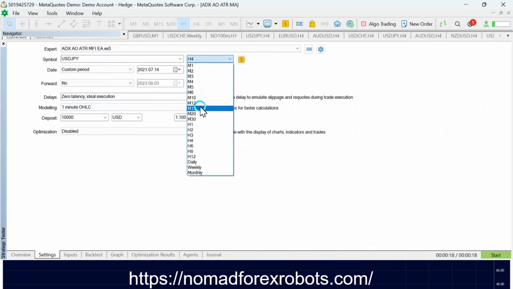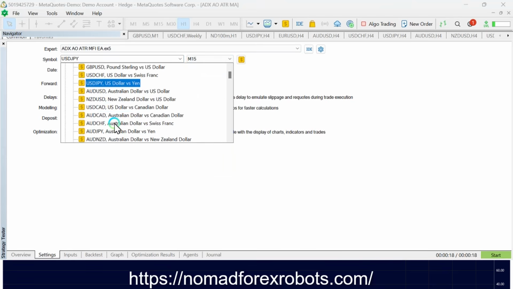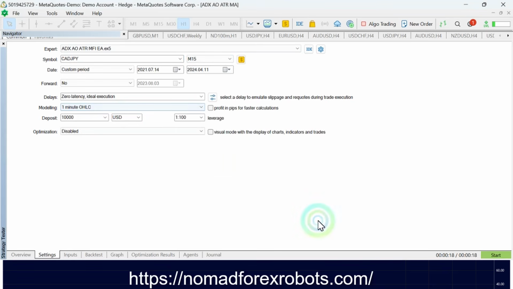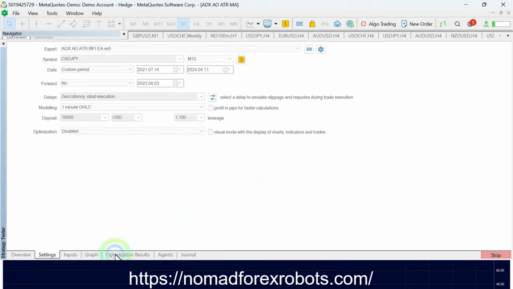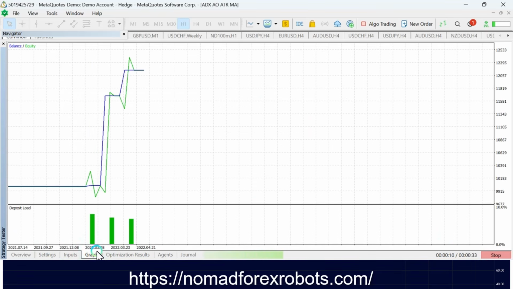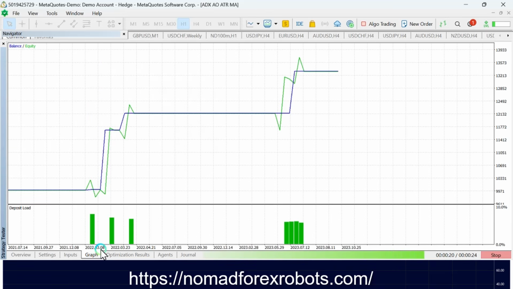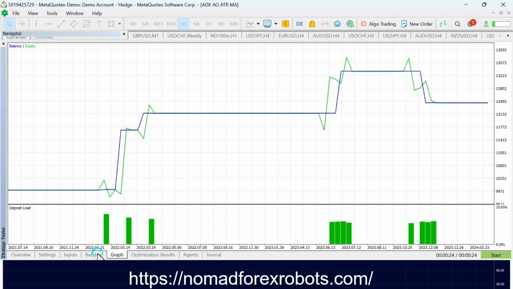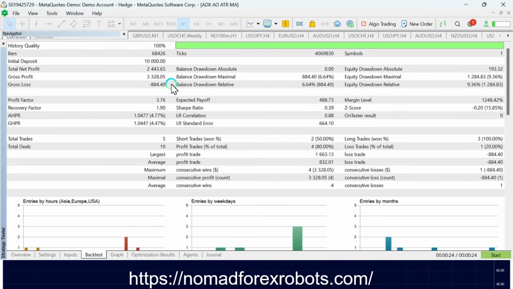Okay, let's see some other currencies. Like for example, let's see the Canadian dollar and the Japanese yen, and what is going to happen with this algorithm, with this ADX, awesome oscillator, MFI and ATR based strategy. Quite a few indicators in this one. So far I like it because it is selective, but it has done a few trades, and yeah,